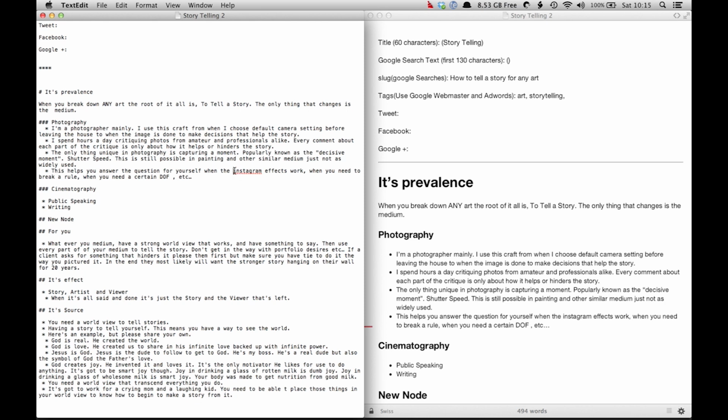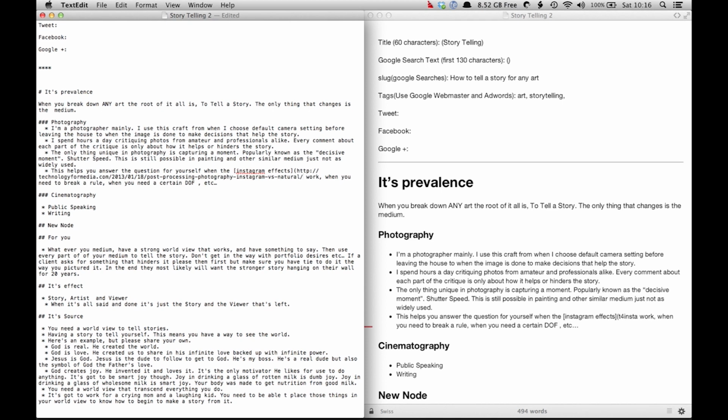Another thing that's easier than using the WordPress or anything else is if I want to add a link. I often write about when and how to use Instagram effects in photography, so I wrote a blog about that, and I can add that blog post in here using text expander, a text expander snippet. So there it is, it pops in,